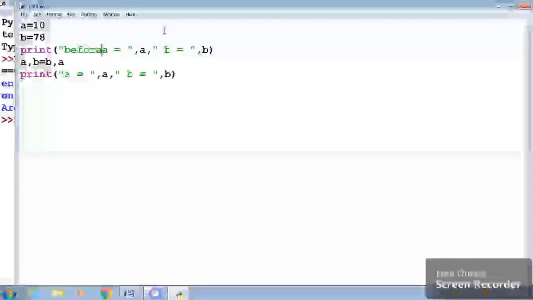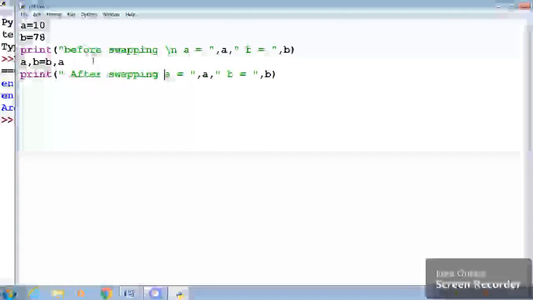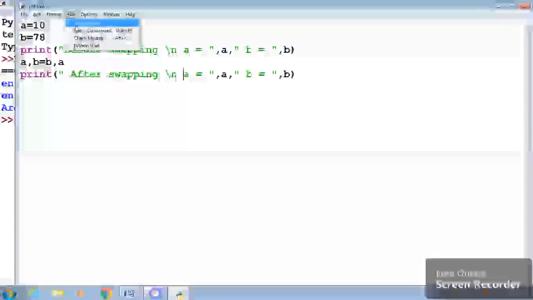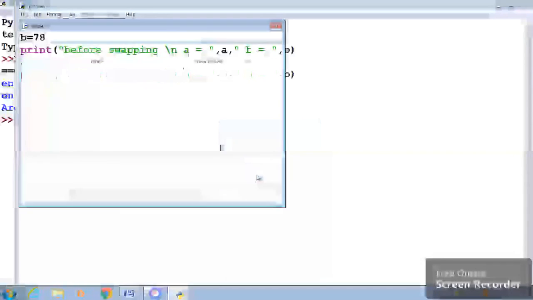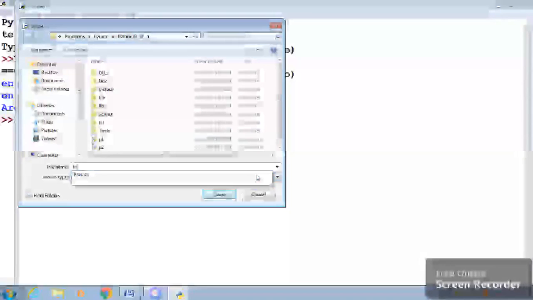Again, see the indentation also. I am writing all the statements in a single line, or you can say I am starting from the same column. It is very important because indentation is really an important part of Python. When we do loops and other things, we'll see at that point how to do it. Now see here, before exchanging and after exchanging, what will be the values?